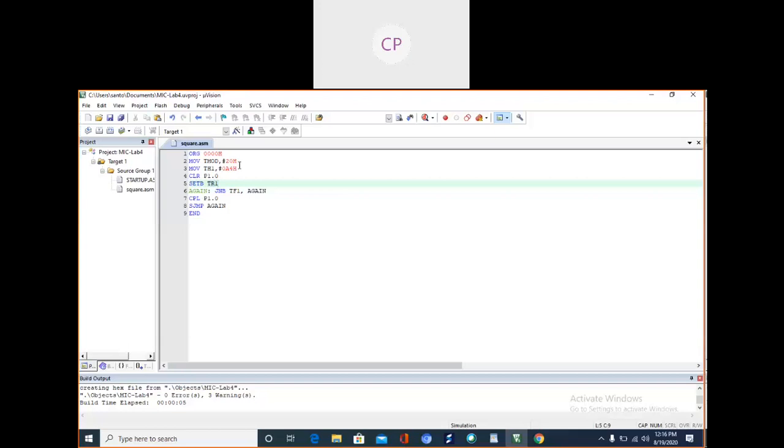This is an 8-bit timer. Look here, TMOD 20 means it is an 8-bit timer in auto-reload mode. So it will be incremented up to FF. After that, timer flag 1 gets set, and if the status is 1, I will clear it, complementing it to 0, or if it was previously 0, I will make it 1. That's why we will observe the square wave at output pin P1.0.